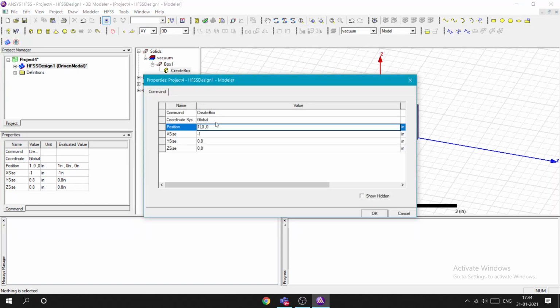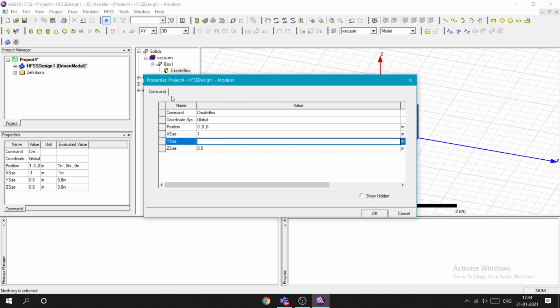First it should be at 0, 0, 0, and the x-axis size is 1 and y will be 0.2. I will also keep the PDF file for this in the description for the dimensions.